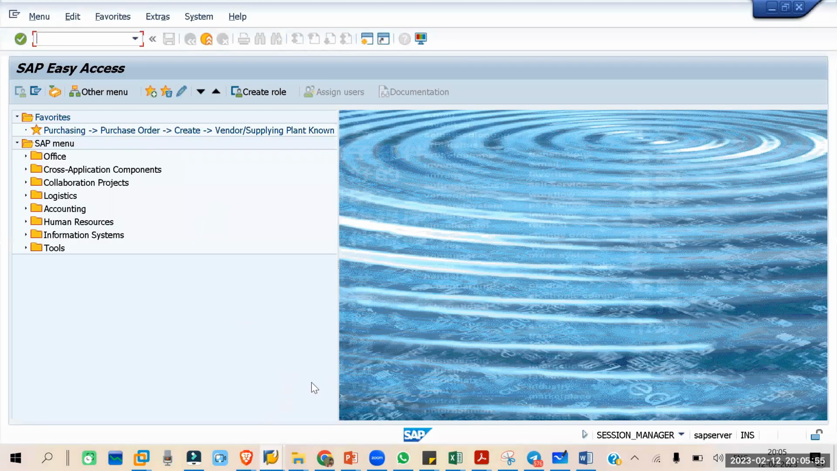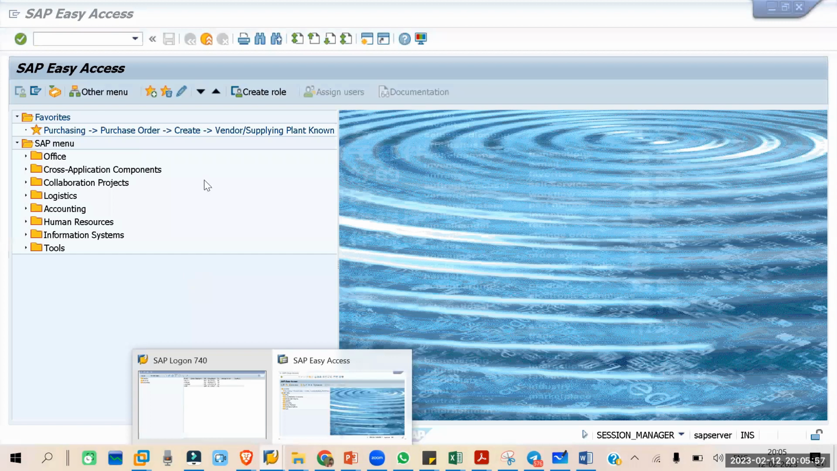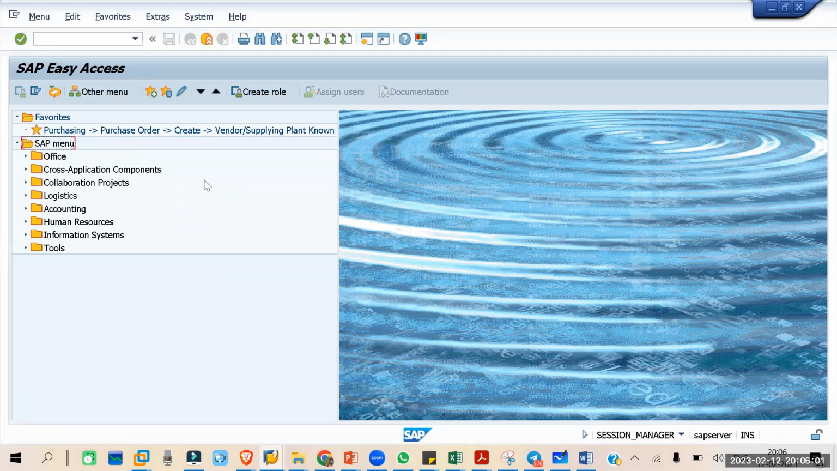Now you can see one screen has been opened. Understood till this one? Yes, sir. So this is basically your SAP navigation, the SAP screens. So here, what is the difference between end user